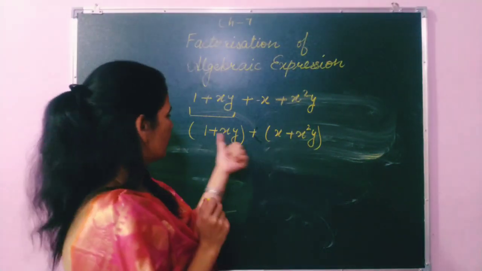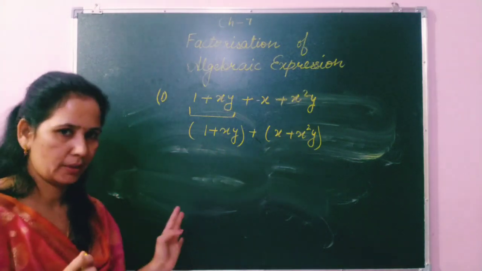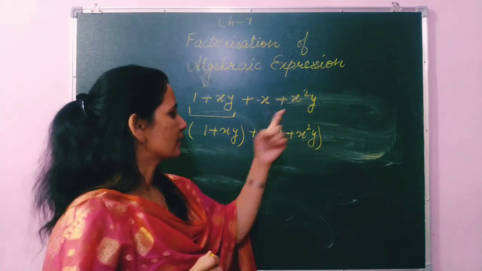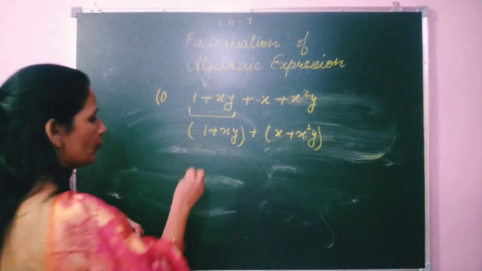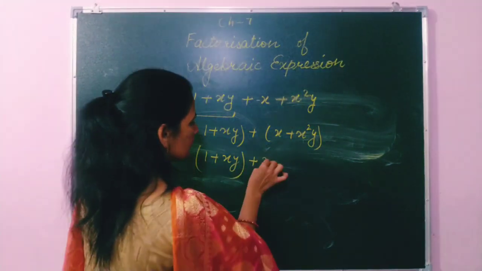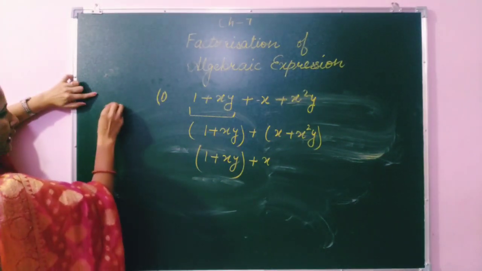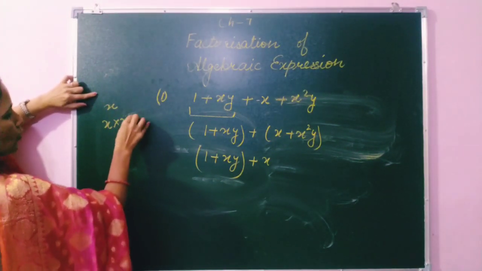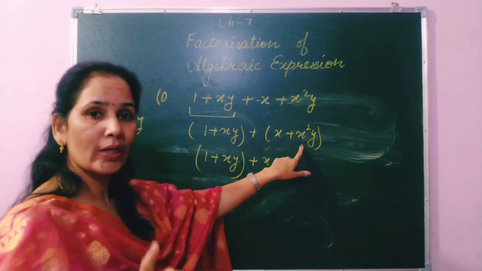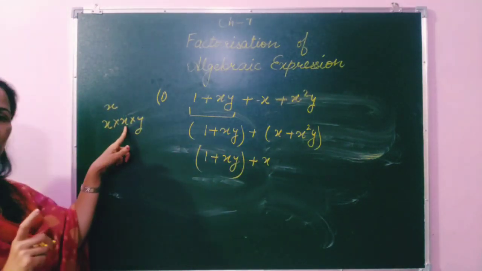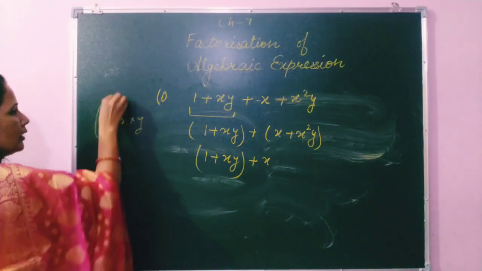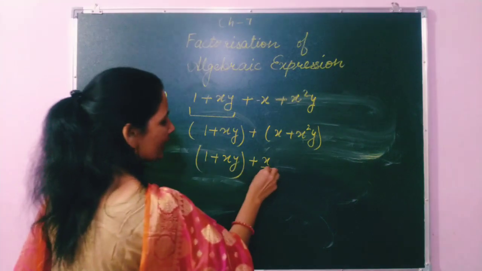Students, can you observe that in both terms not a single number is common, but in this group we observe which variable is common? x. Here the common variable is x, so we can take x outside. Here is a single x, and here is x square y. x square means x multiplied by x, and then after that a single y. So here we have written y. Which term is common? x, so I have written x as common.